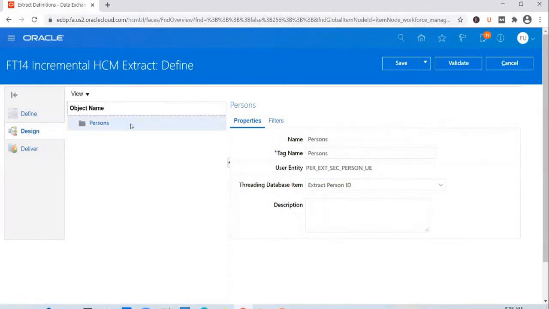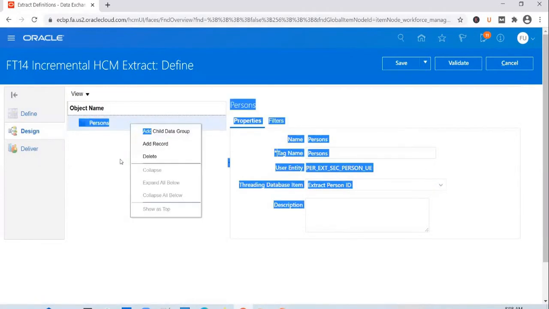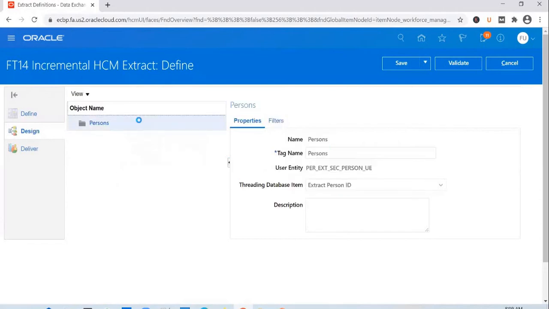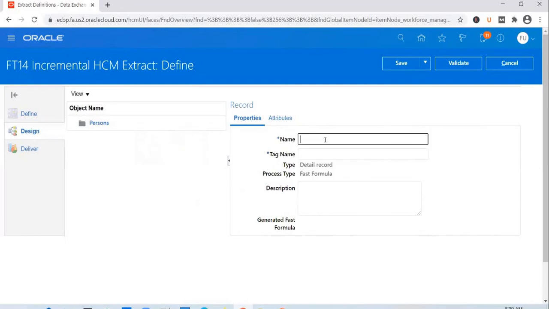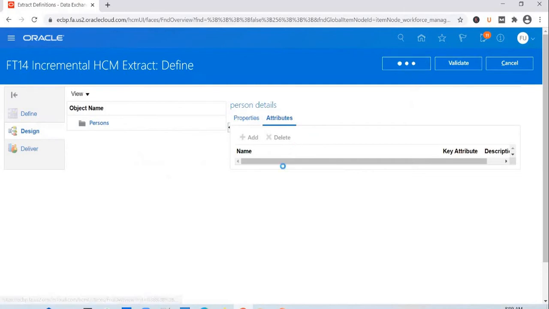Let's add a record. No, not a child data group. Let's add a record. And let's call it person details. Photo attributes, and let's add in a few attributes there.